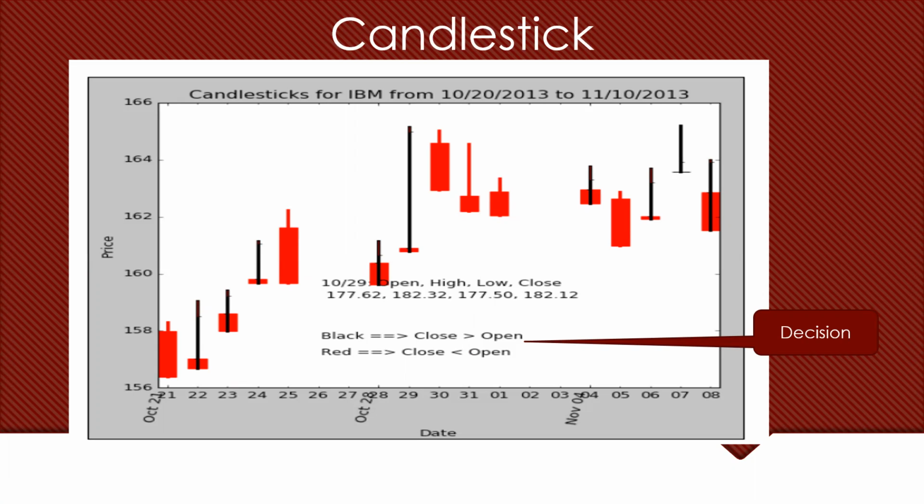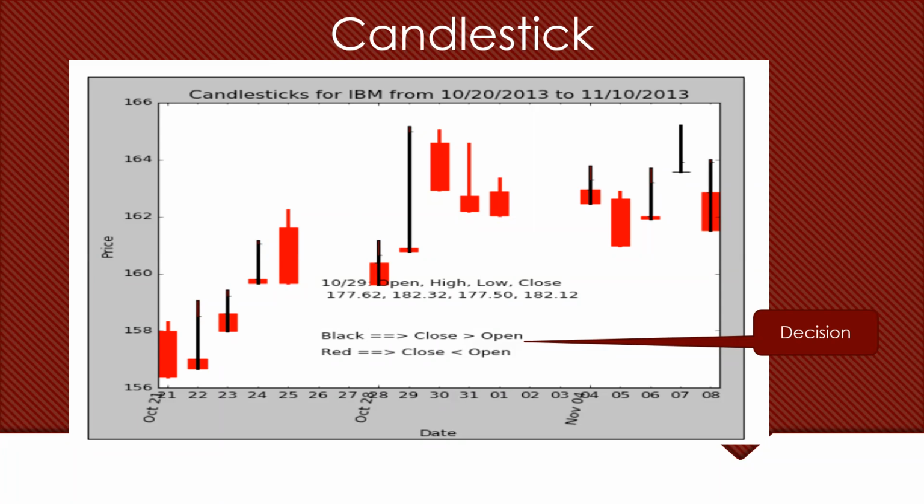Usually in SAS programming, it is in a reverse manner. It is green and red. Green means that if the closing price is more than the opening price, the candlestick diagram shows a green colored line. But here in Python, they define it as black. You can even define it as green, but the usual formatting in dashboards and visualization of your data is nicely done like this. Okay, so this is important.